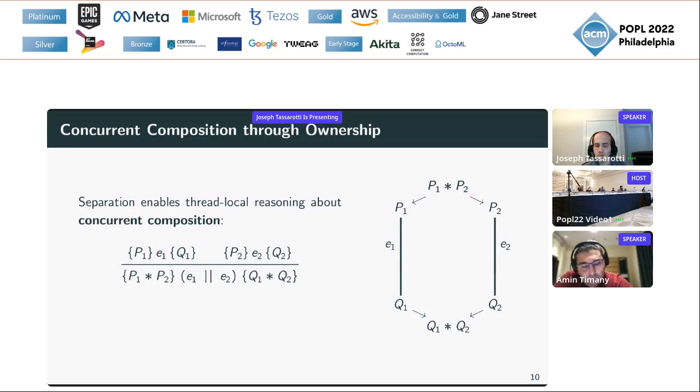And then we prove triples separately about each of E1 and E2, where as a precondition for E1 we assume P1, and as a precondition for E2 we assume P2. And then what we get to say is that the postcondition at the join point, where the two threads join together, is Q1 star Q2, the separating conjunction of the postconditions of the two threads.